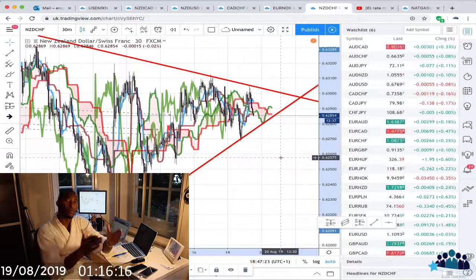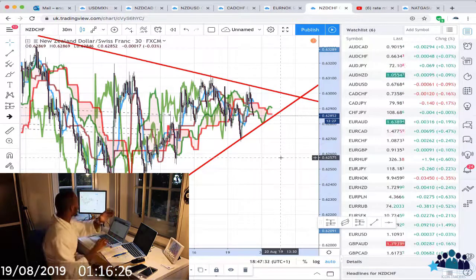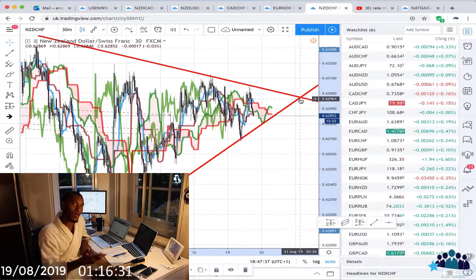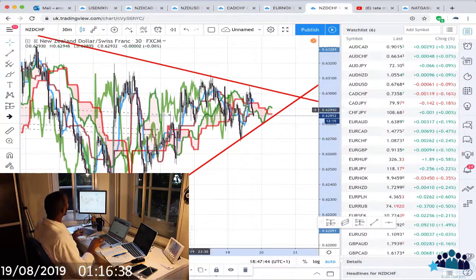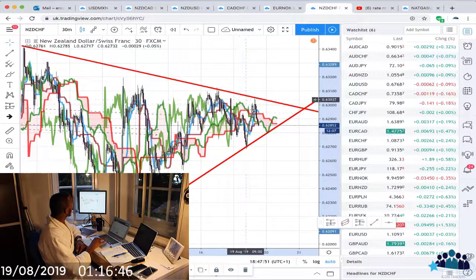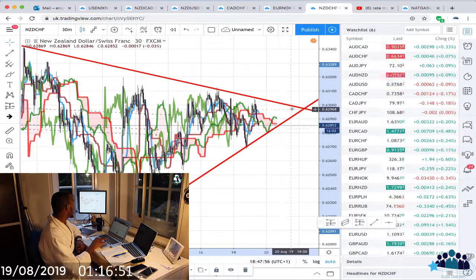Now what happens when a ball is bouncing between an area which is getting smaller and smaller and smaller? The ball is going to start bouncing faster and faster, and eventually when it does get to the end, if there's a gap here, it's going to fly out. That's exactly what happens with triangle trends in trading. I'm going to use my mouse so that you can follow it, but as you can see, it's going top, bottom, top, bottom, top, bottom. So now we're going to expect it to keep moving up and down in here and build up